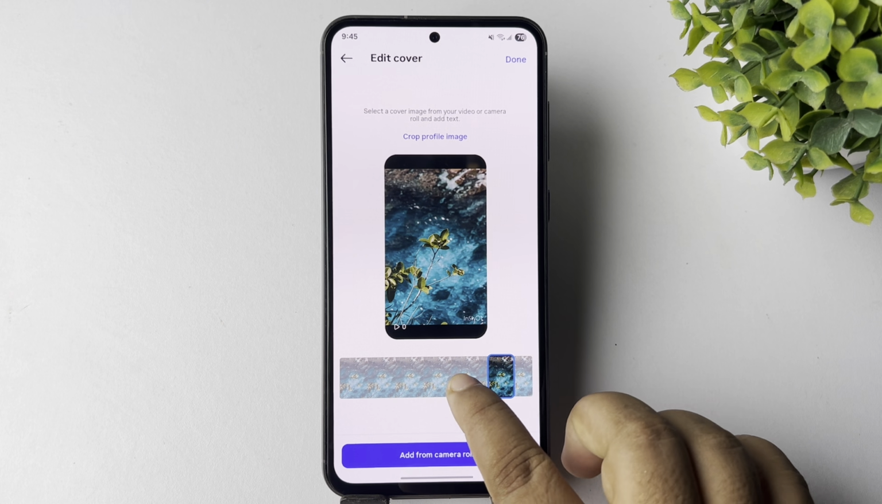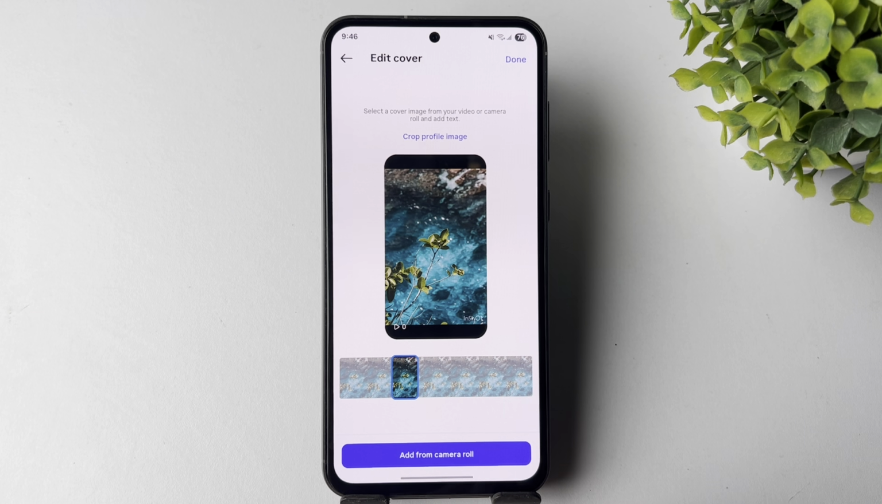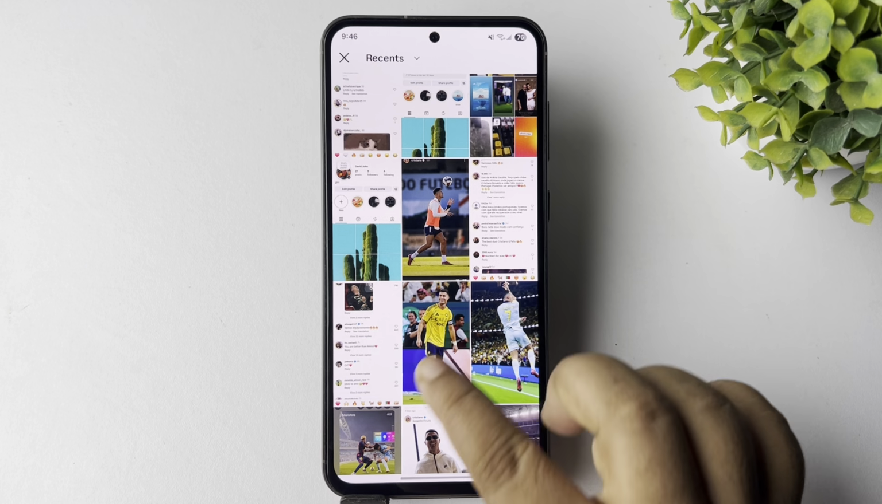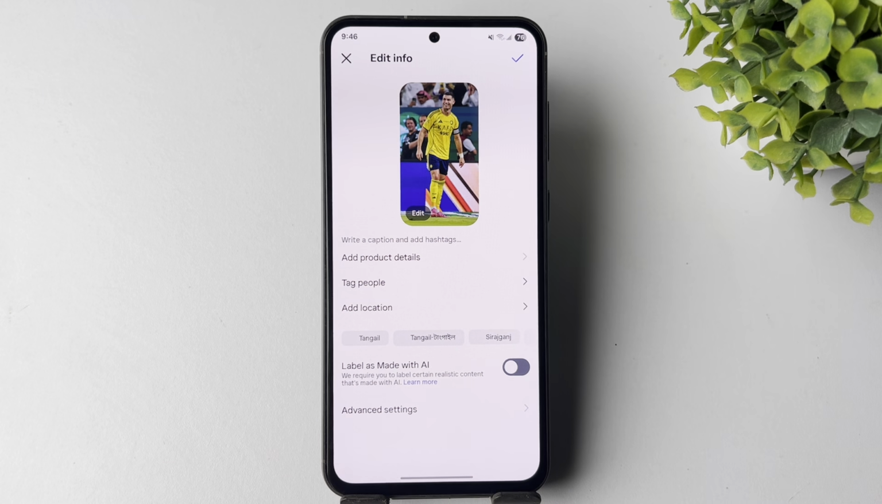From here, you can just go ahead and select the thumbnail from your reel video, or you can tap on Add from Camera Roll, and then from your gallery, you can upload a custom photo as your reel thumbnail, just like this. Then tap on Done, tap on Save,